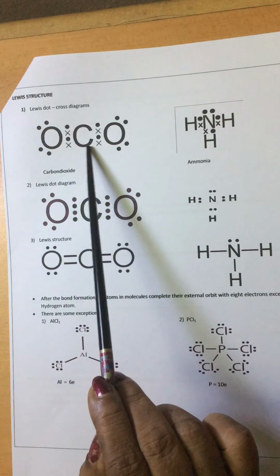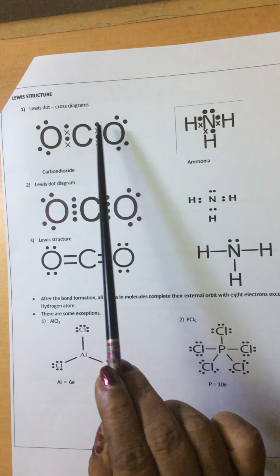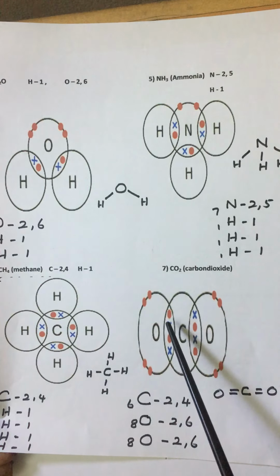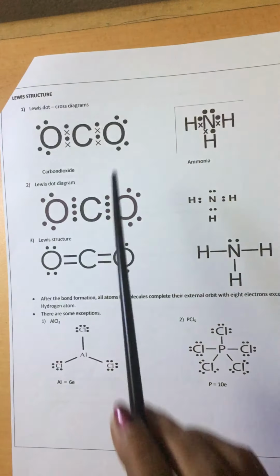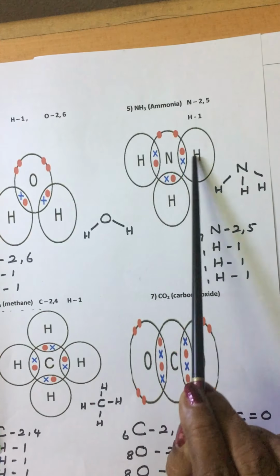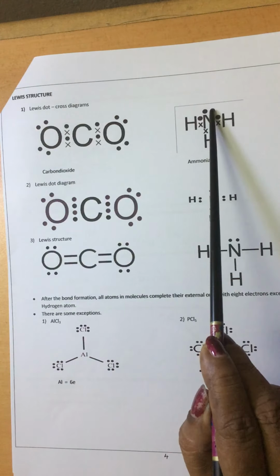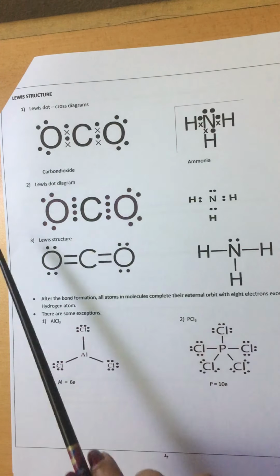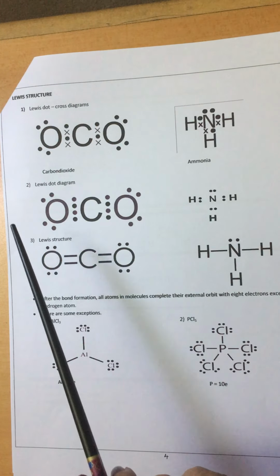Now the carbon we are denoting with cross and the oxygen with dots. That means same thing, no orbit. Just here see, the same way we have to mark the dot cross diagrams. The ammonia also the same way. Ammonia, the 3 hydrogens, dot cross like that, 2 outside. Here see 2 outside, the other one dot cross diagram, no orbit. That is the Lewis dot cross diagram. So the one element you mark with dot, the other one cross.